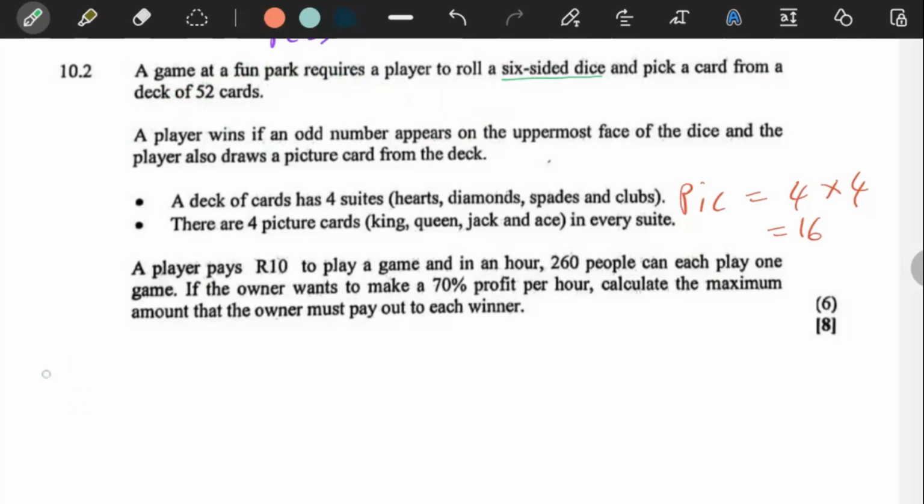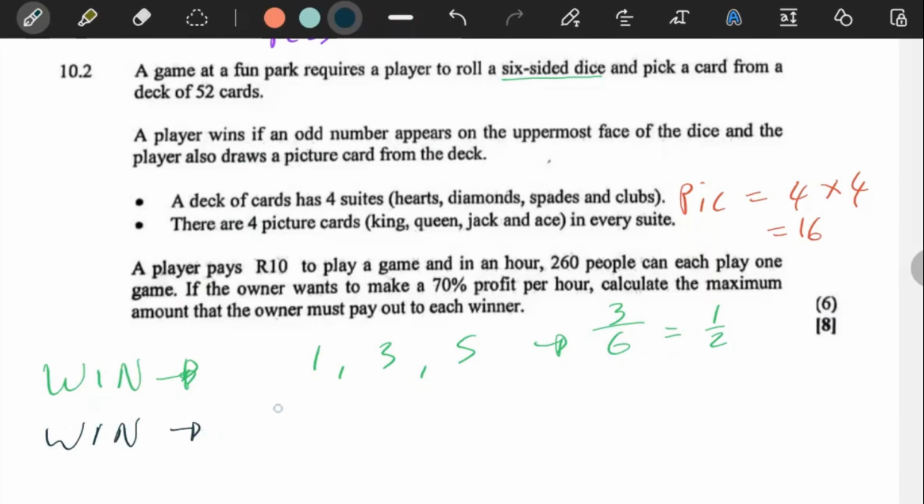For you to win, let's take note of this. For you to win, two things have to happen. The first thing is, you win if an odd number appears on the dice. So odd numbers, we have 1, 3, and 5. So for you to win, it's 3 out of 6 chances for the dice, and then for the cards, for you to win,